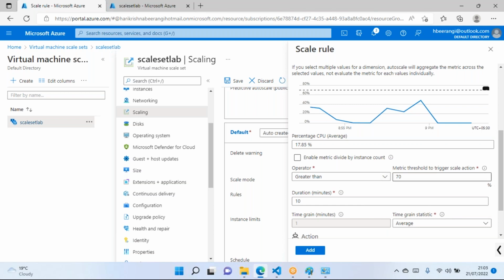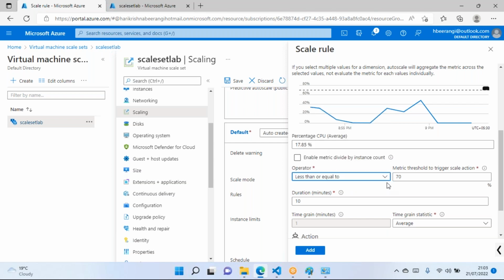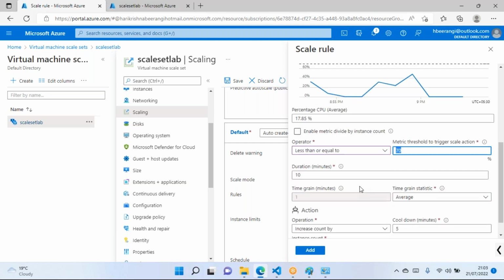Because we don't have the load to go beyond 60%, and because no one is using these servers, I am using less than or equal to 70%. I'm using a reverse logic here, don't confuse, but actually it will be the other way around, greater than or equal to, because this will be the higher note when there is a load, but we don't have load. I'm going with this setting.